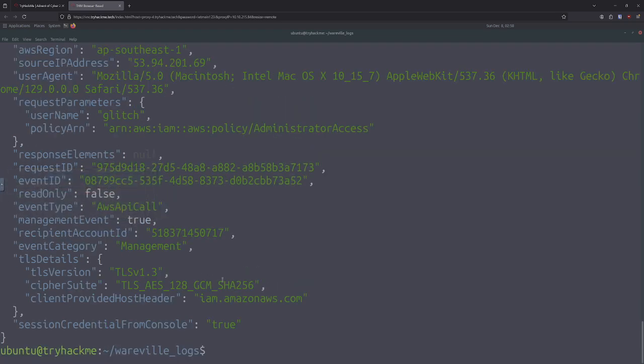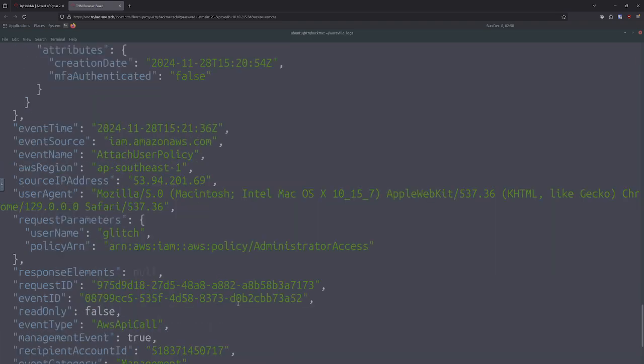So on an attached user policy, we see that glitch was assigned this policy. So the answer here is actually just the last bit of it, administrator access. So that's what we're looking for as the answer for number 6. The answer for number 7 is,